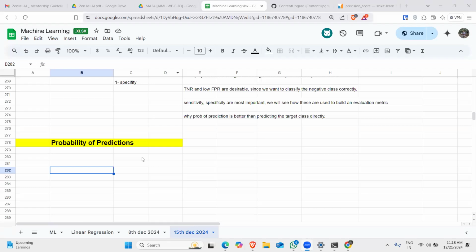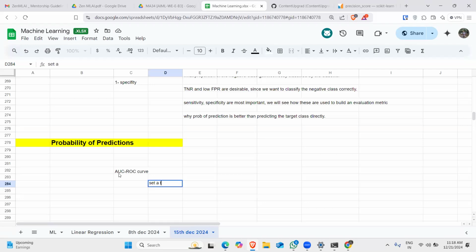So let us understand why probability of prediction is better than predicting the target class directly. Let's consider a machine learning classification model that can be used to naturally predict the data points of actual class or predicted class, its probability of belonging to the different classes. Employing an AUC ROC curve for evaluation, the latter gives us more control over the result and we can determine our own threshold to interpret the result of the classifier. This approach is sometimes more important than just building a completely new model.